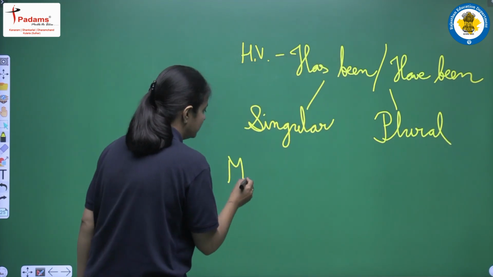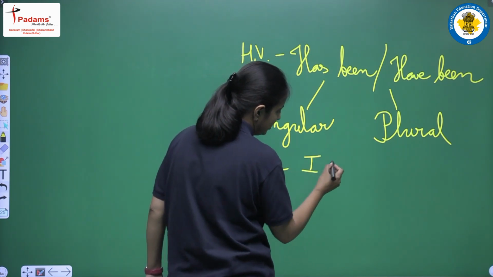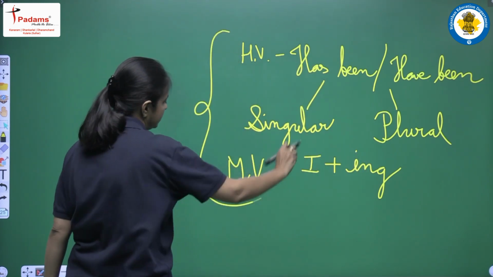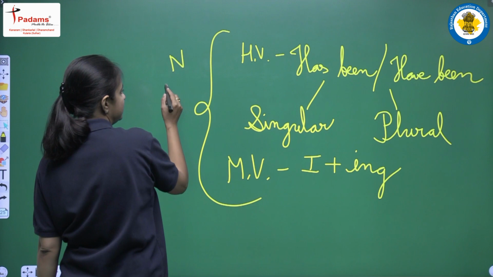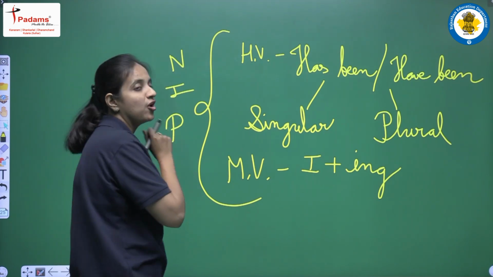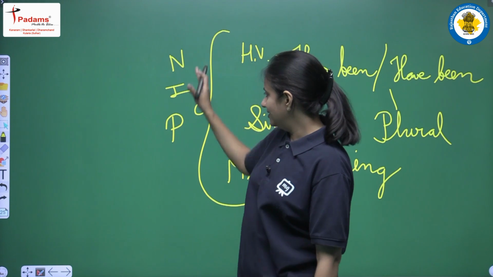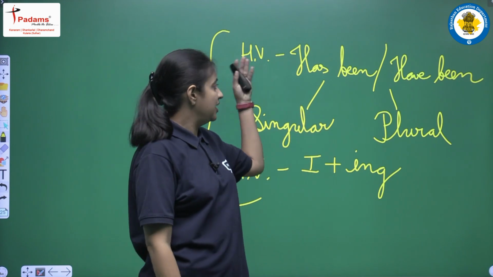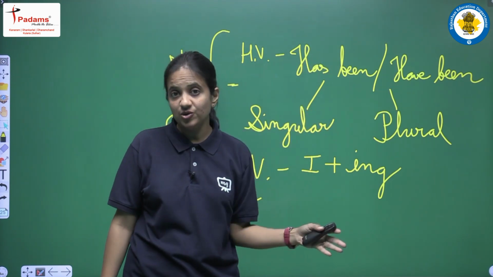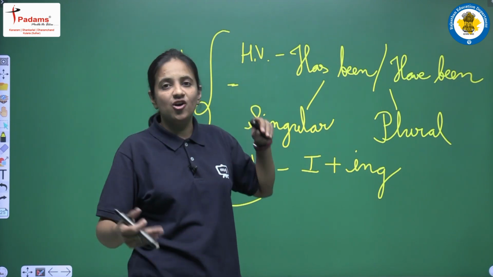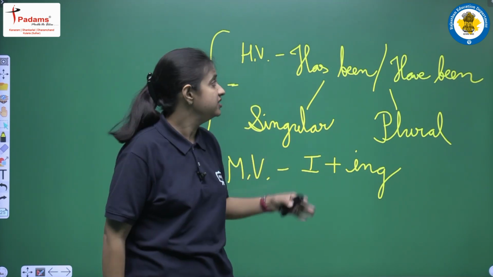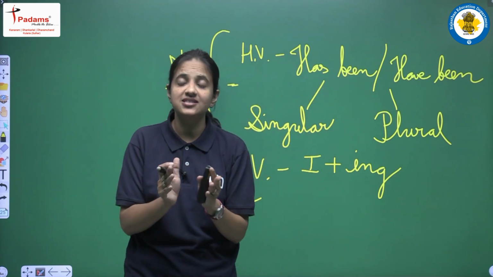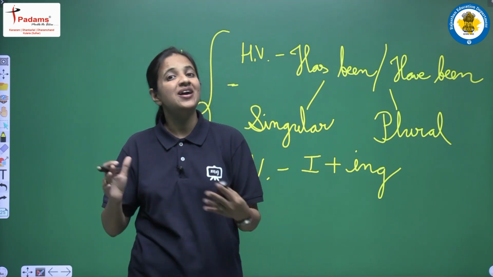Main verb, in present perfect continuous tense, we will use first form plus ing, and yes, the rules will be same in negative sentence, in interrogative sentence, and in positive sentence. Okay, so whether the sentence is a negative, interrogative or positive one, we have to follow the same rules. Helping verbs has been, have been will never be hidden, always helping verbs will be there, but according to the subject. If the subject is a singular one, just write has been. If the subject is a plural one, just write have been. But yes, just remember the structure of the negative and interrogative sentence.